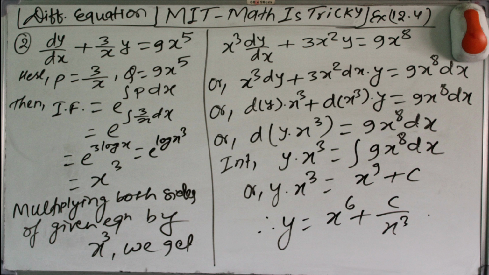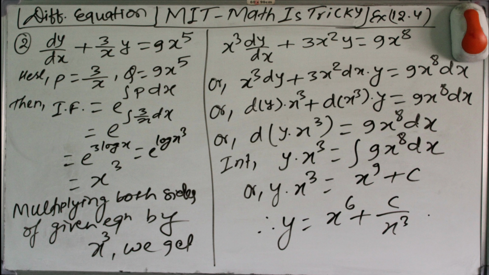Then we need the integrating factor to integrate this, to solve this linear equation. So let's find the integrating factor, and the integrating factor is given by e power integration p dx. So put the value of p, it is 3 by x, and integration of 1 by x is log x, so we'll get here e power 3 log x, and we can use one property of log, m log x equals log x power m. Okay, so we can write here e power log x cube, and e power log x cube is the same as